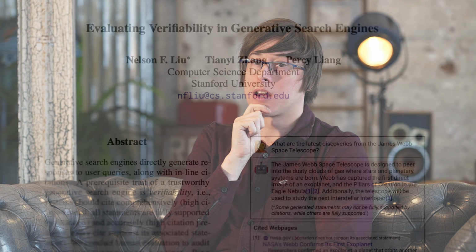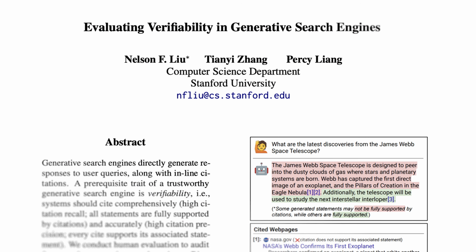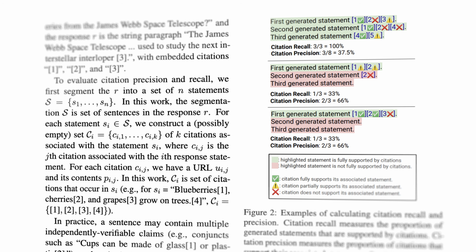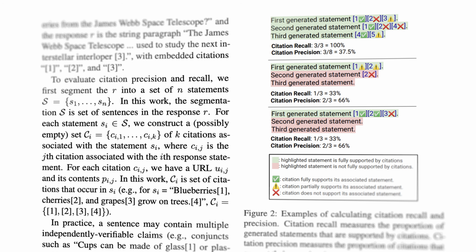Then there's fluency. Is this model good or bad in terms of the structure of its answer? Does it feel like a high quality response? And then perceived utility. A lot of these terms come from a really great paper that Nelson Liu did from Stanford a year and a half ago, I guess now. It's a really nice piece on the minimal things you need to study. Verifiability in generative search engines, I think it is. Yeah, it's a good paper.